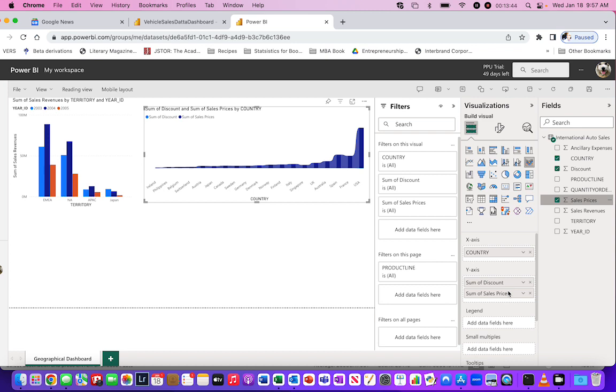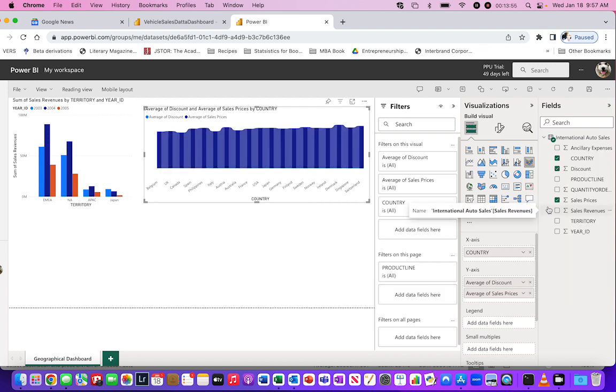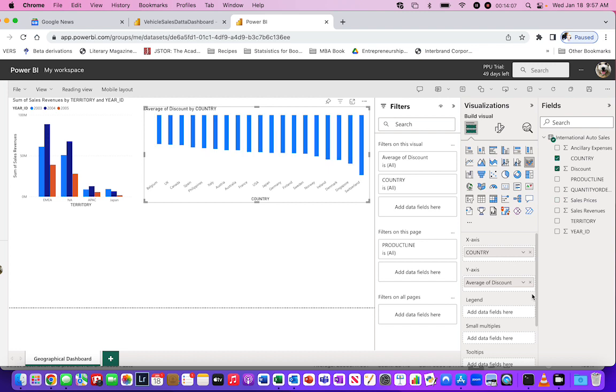If you look at how much discounts you offer, here we've got the sum of discounts. We'll say average discounts, and we'll say average sales price. So that gives you a sense that, all right, it's interesting. There are certain countries where you offer certain amounts of discounts. So let's take off your discount set. Where do you offer the most amount of discounts? We see that, all right,